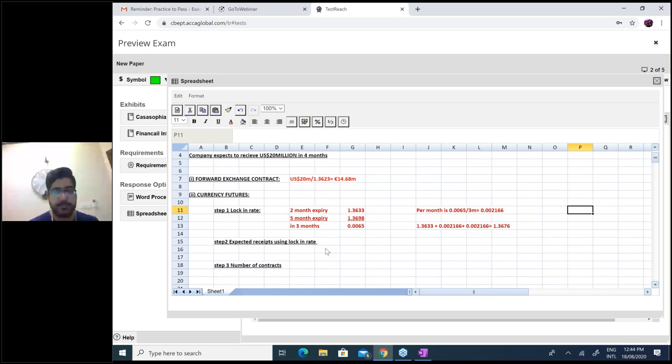What is the receipt? It's USD 20 million. You need to find the expected receipts using this lock-in rate. So what is the receipt? US dollar 20 million. Multiply, divide. Again, it was a per euro indirect quote, so you need to divide by this lock-in rate. 1.3676 is the lock-in rate. Okay, so you get